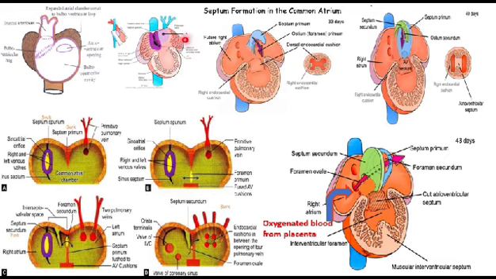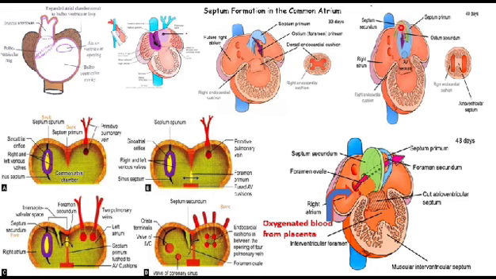So the spina vestibuli will get incorporated into the septum primum when it is being formed. So as the septum primum is being fused with the septum intermedium, before the fusion or along with the fusion of the septum primum with the septum intermedium,